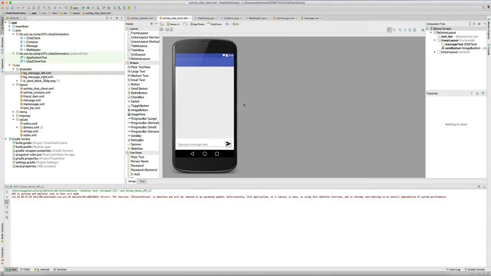Further, at the top of the screen, you can include a toolbar where you typically put additional menu buttons and menu overflow, and also the title of the activity or the application, and perhaps even a back navigation button there. Now, in order to maintain backward compatibility for the earlier versions of Android, if you had any